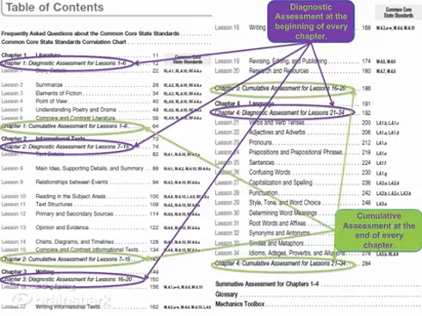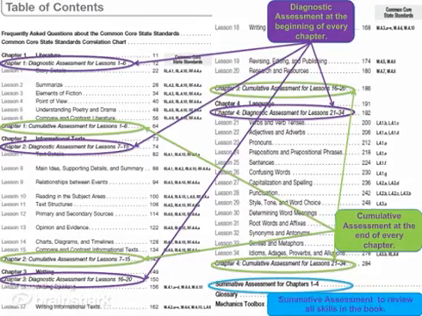The cumulative assessment at the end of every chapter is parallel to the diagnostic. Student performance on the cumulative assessment will indicate whether or not a student has mastered the content of the lessons covered in that specific chapter. At the end of the book, the students have a summative assessment that will review all of the skills covered in the book. The reason for the assessments integrated into each chapter is because of the belief that Common Core